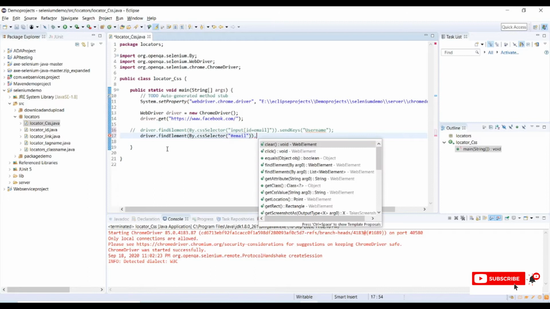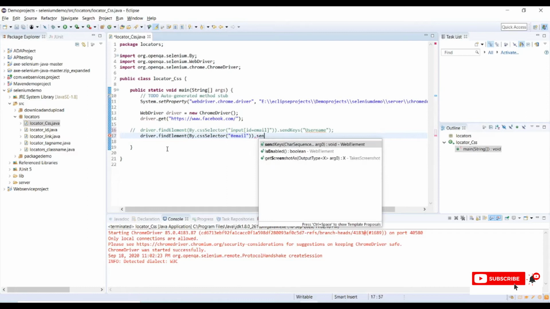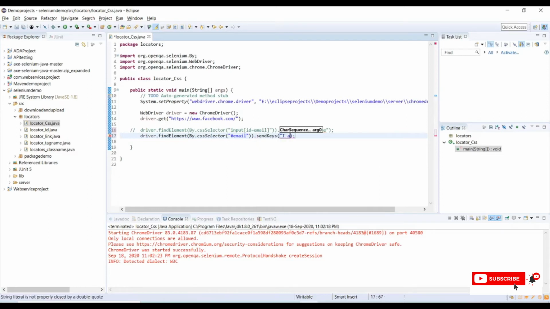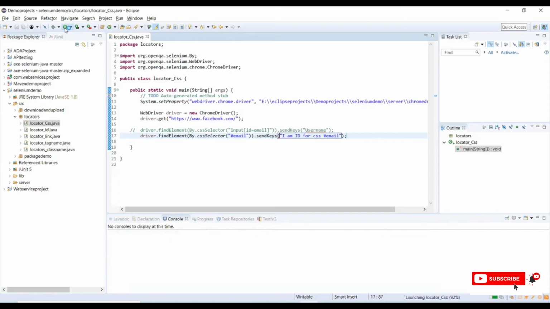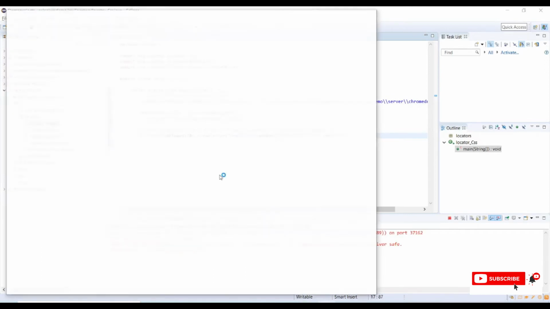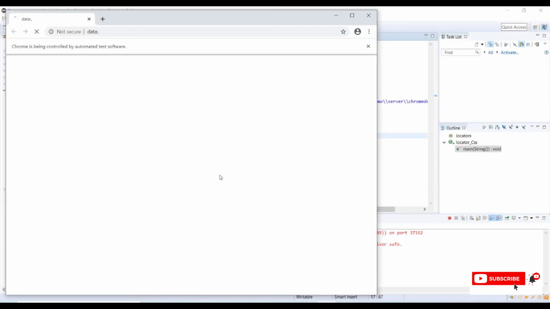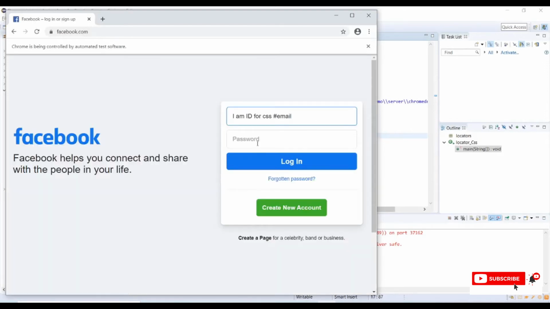This is an input, so we need to provide some value using sendKeys: ID for CSS. We'll quickly run this. So we have successfully entered our value, which in this case is ID for CSS hash email.